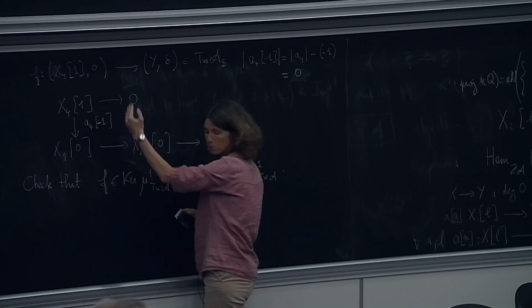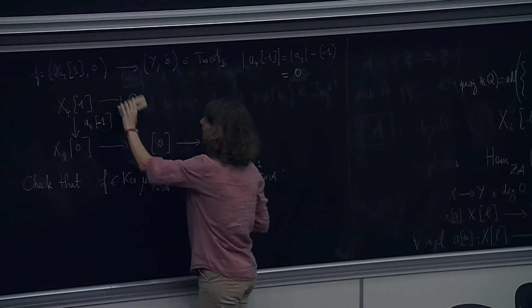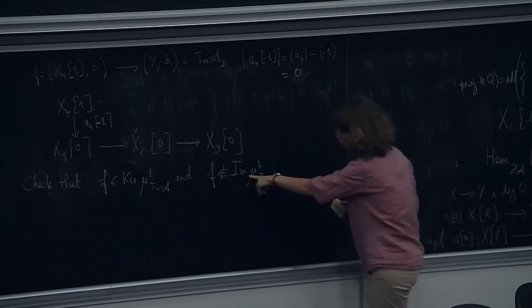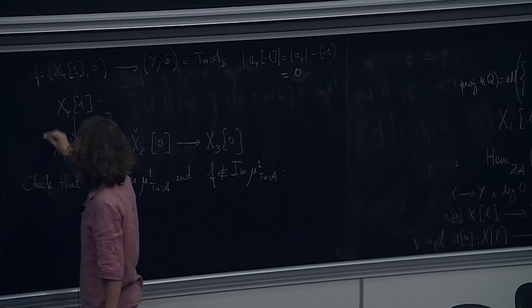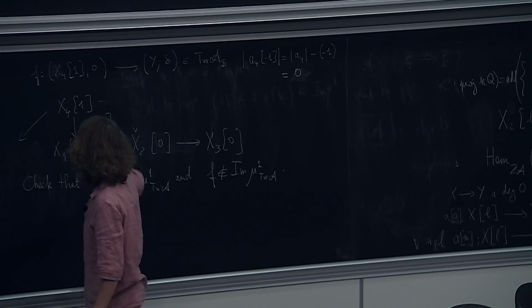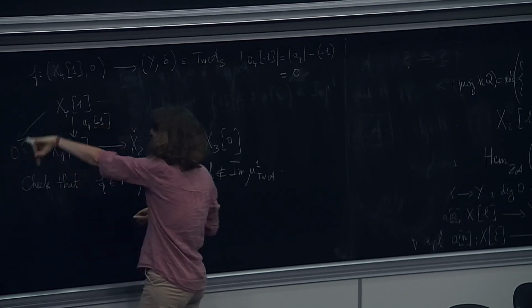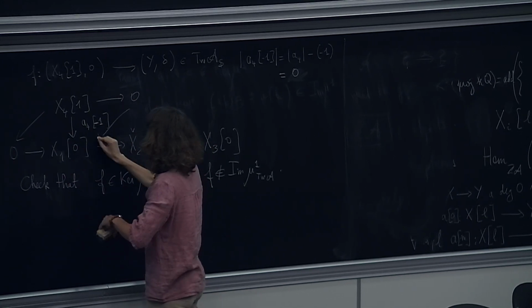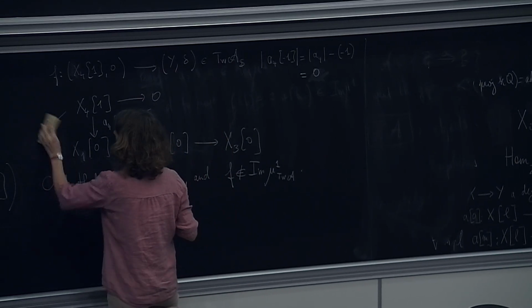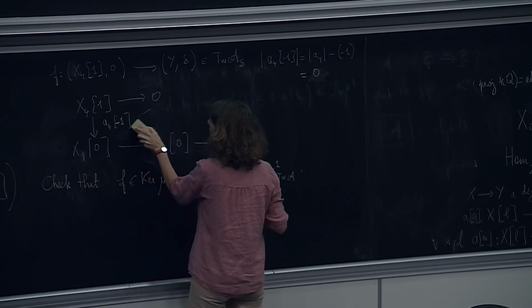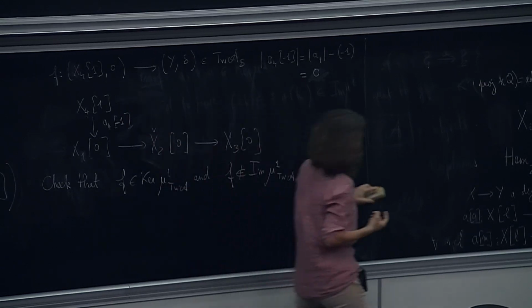And this square commutes because the composition of these two is 0. So you want this to be a morphism of complexes. And now you want it not to be in the image of mu1, and it's just because here this is non-zero, so it cannot factor, this one cannot factor through 0. So it's clear that it's not in the image of mu1. So this is the idea. But